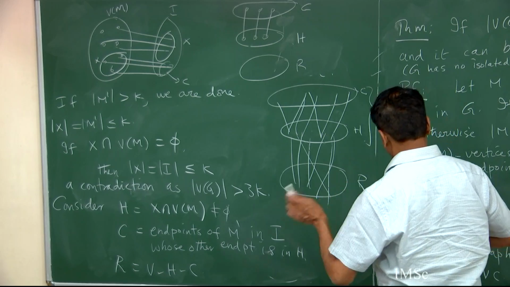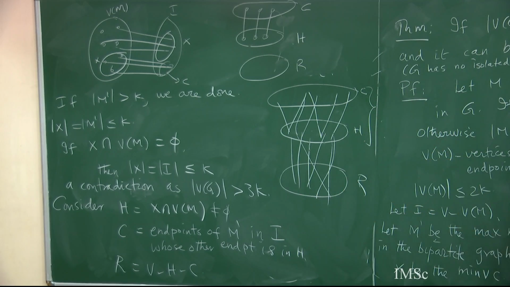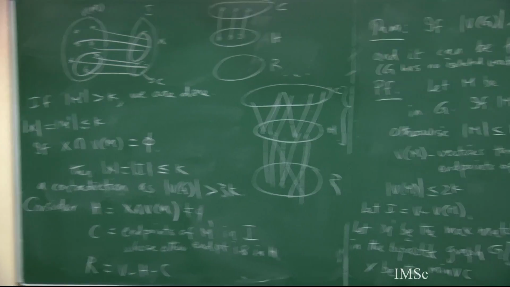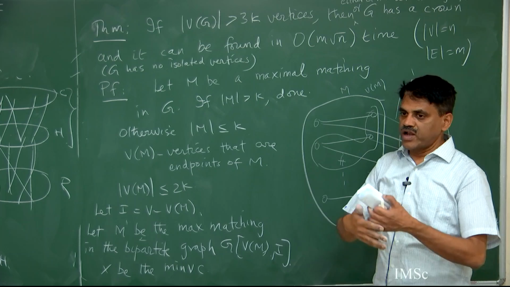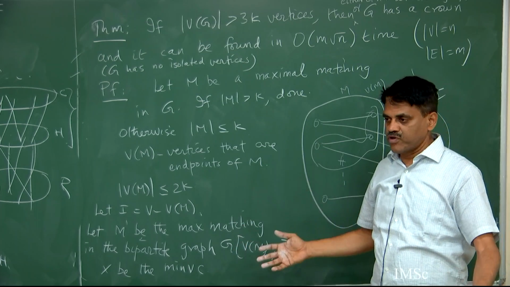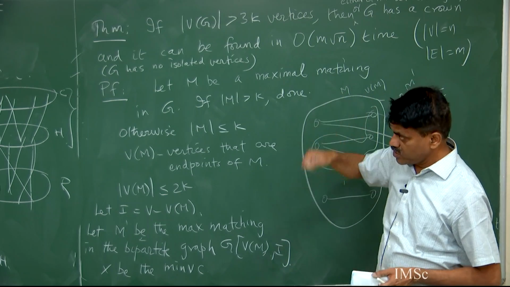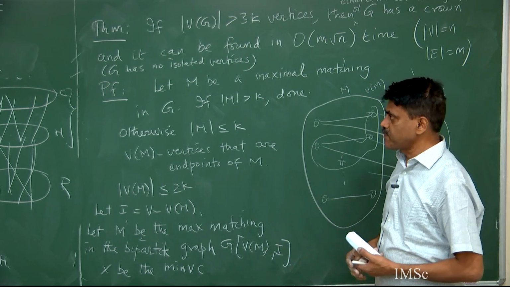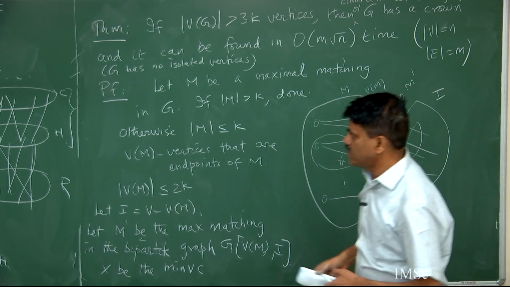So let's see a couple of applications of this. So this is very general, not just for vertex cover, right? The crown statement doesn't say anything about vertex cover. This statement says that if you have a graph with more than 3k vertices, either I will find a k plus 1 sized matching or a crown. Independent, nice theorem which is useful for a lot of applications for kernelization. The way we apply it for vertex cover,